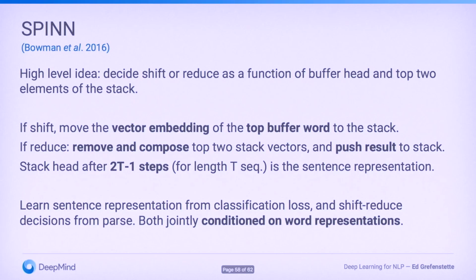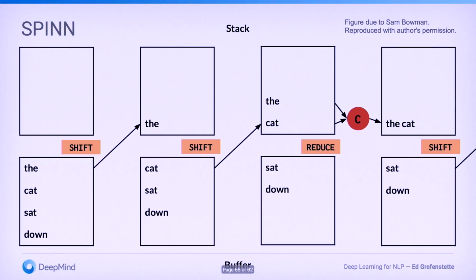So it turns out, if you imagine now, instead of words, these are the vectors for those words. Shifting is still going to be the same thing. You're just moving a vector from a buffer to a stack, and we can perfectly well do that. And reducing is going to be applying a composition function, so your tree RNN update or your tree LSTM update, and putting the composed vector back on the stack. Then we can see how this is going to be jointly